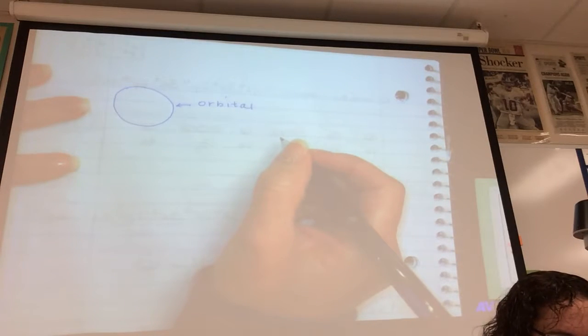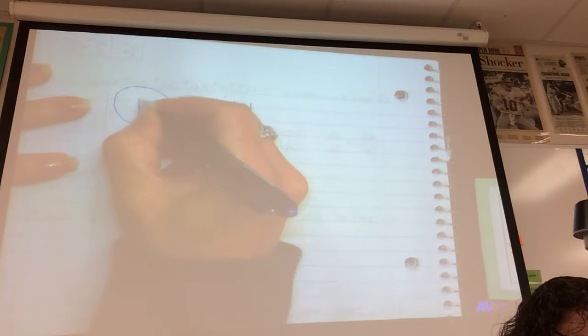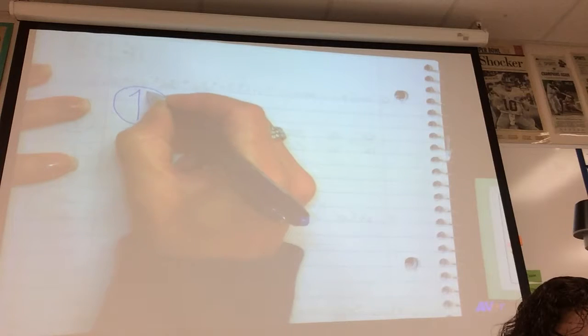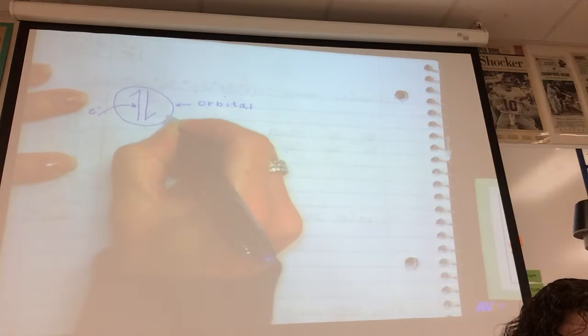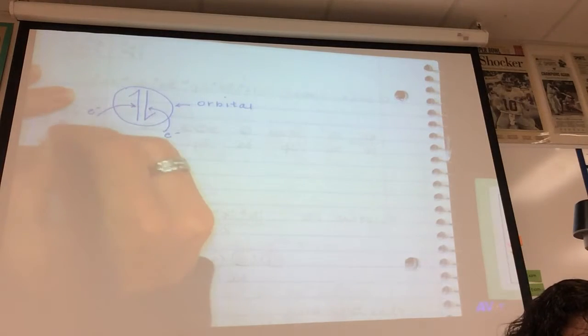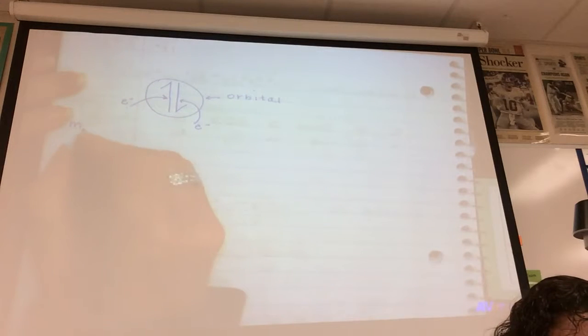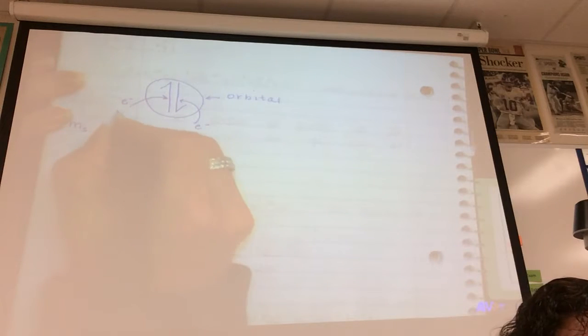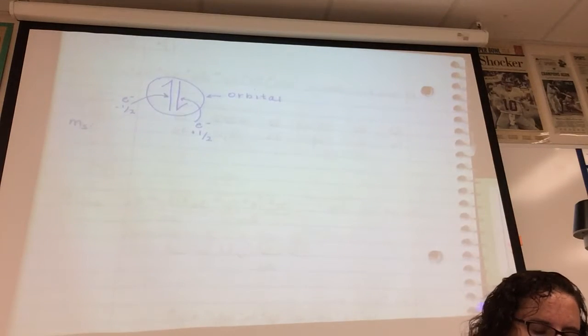The electrons must spin in opposite directions. So typically I show that by arrow up and arrow down. This is an electron. This is an electron. Their spins are different. Their m sub s values. This one would be -0.5, and this would be +0.5,